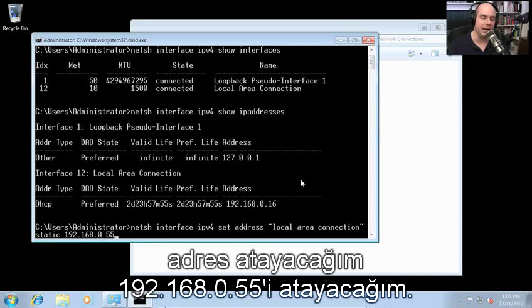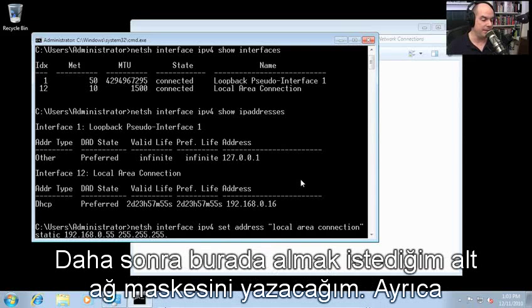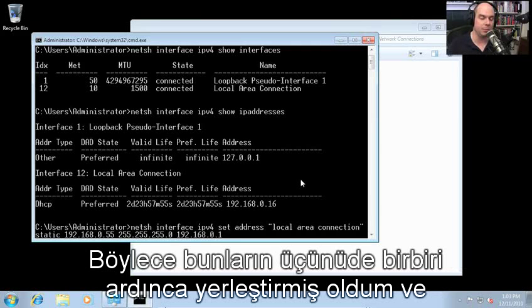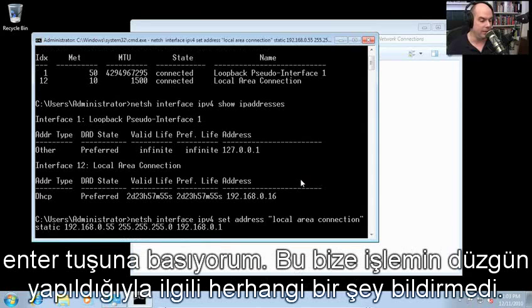192.168.0. We'll choose 55, and then I can put the subnet mask that I would like to have in there, and then I can also put 192.168.0.1 to specify my default gateway. So we simply put all three of those things in, one after the other, and we hit enter, and it